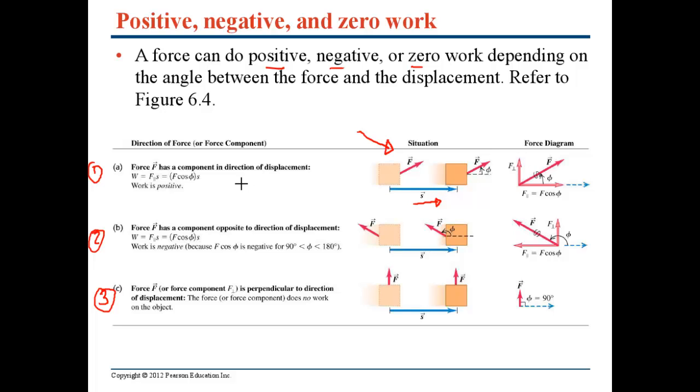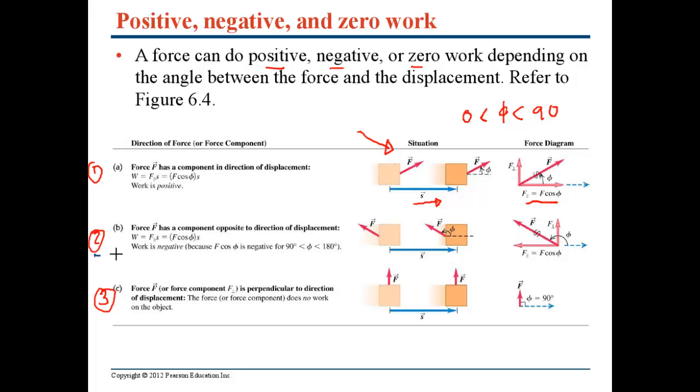And so when we write that our parallel force is equal to F multiplied by cosine of the angle phi, we know that phi is going to be between 0 and 90 degrees,